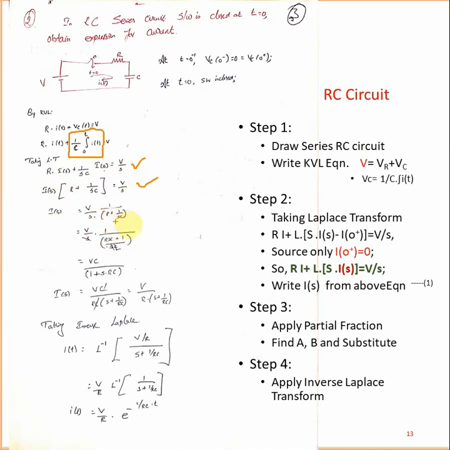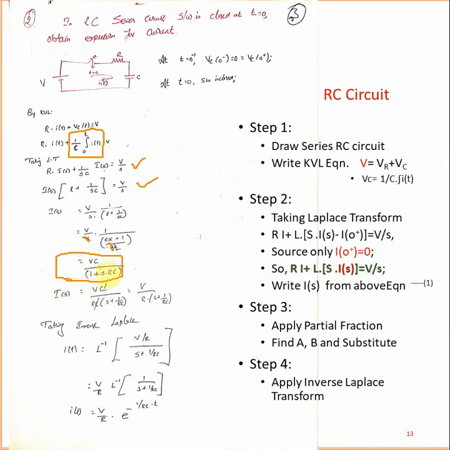So in that one you will see V by s into, for this term, the LCM you can take: R into SC plus 1 divided by SC. Then rewrite. This is coming to the numerator side, but before that, S and S are cancelled. So C only is there, and C is coming to the numerator: VC into 1 plus R S into RC. Left hand side I of S.